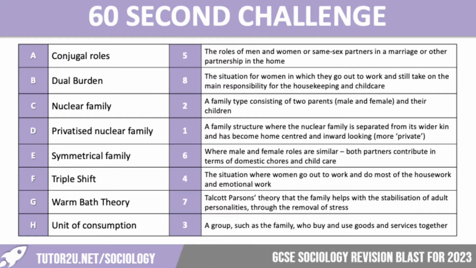We have the privatised nuclear family, so D1. A family structure where the nuclear family is separated from its wider kin and has become more home-centred and inward-looking, so more private. We've got the symmetrical family, which we mentioned a moment ago, so E6, again linked to Wilmot and Young's study,